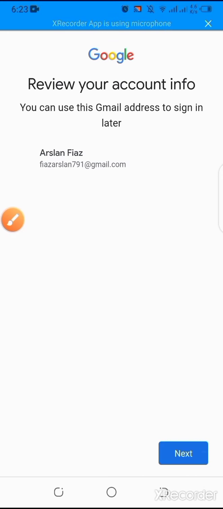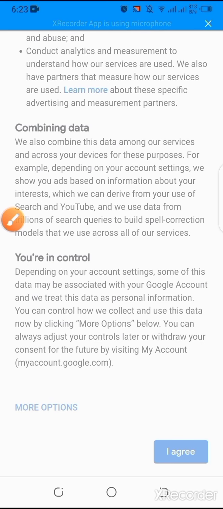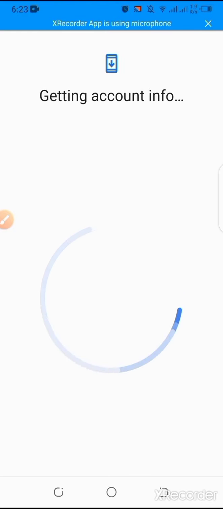Click on this option next. After that click on I agree. And here it is. I think it's already created.